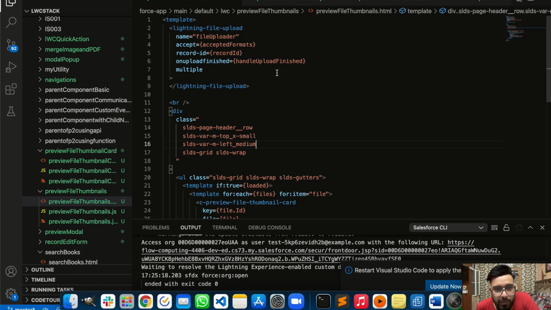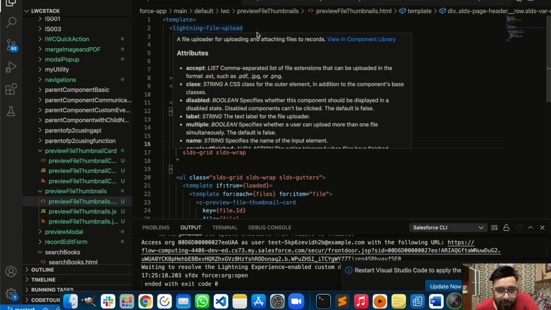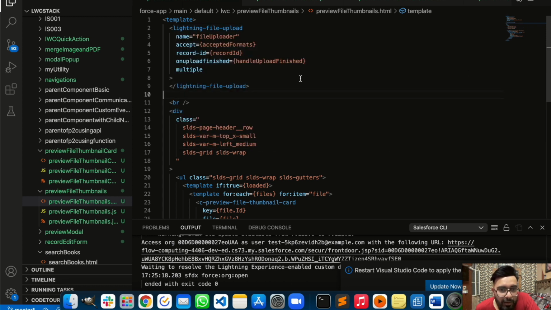Okay, so guys, here I'm using two different components. One is to contain the file upload part, and the second one is the file preview, which is a grid format. Okay, so this is my parent component, which is containing Lightning file upload. And in Lightning file upload, guys, I'm using accept format. I'm using few specific formats that needs to be uploaded here. And I'm using on upload finish function, like what needs to be done once the file is uploaded successfully. Okay, and apart from that, I'm using record ID.